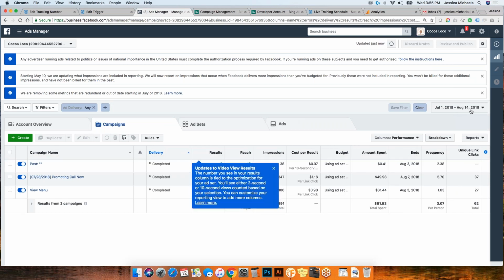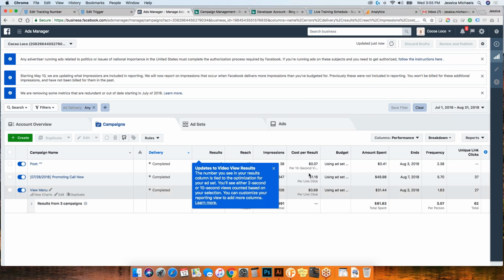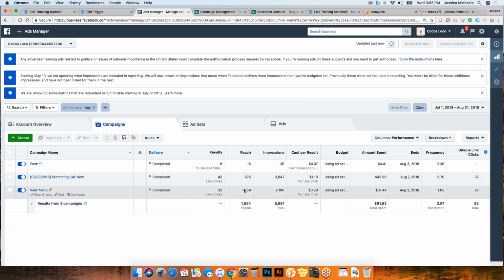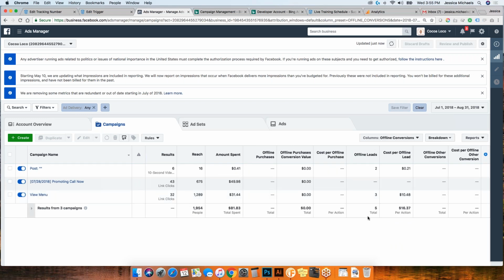So what's cool now is when we go to our ad manager, okay, my date frame looks pretty good. So maybe I'll make it a little longer. There. So that'd be through the end of the month. We did have some ads running. So what I can do is actually turn on my offline conversion tracking. Now here's what we were able to map.